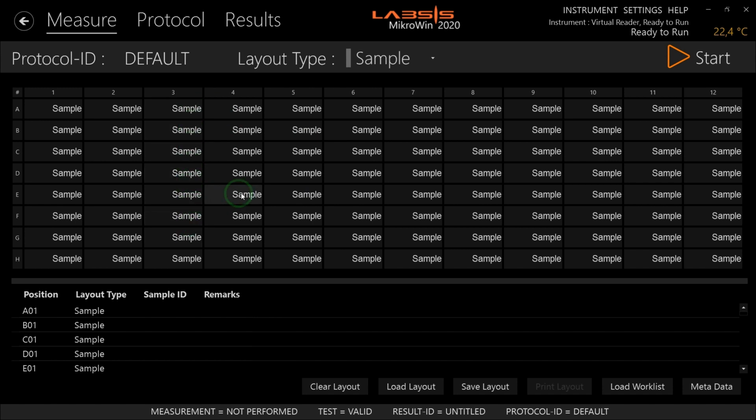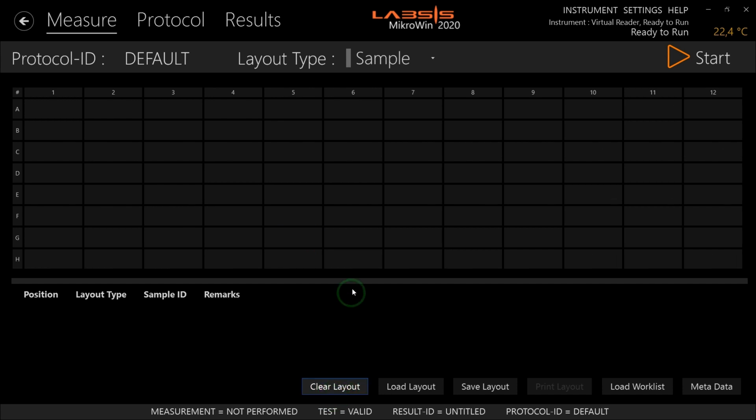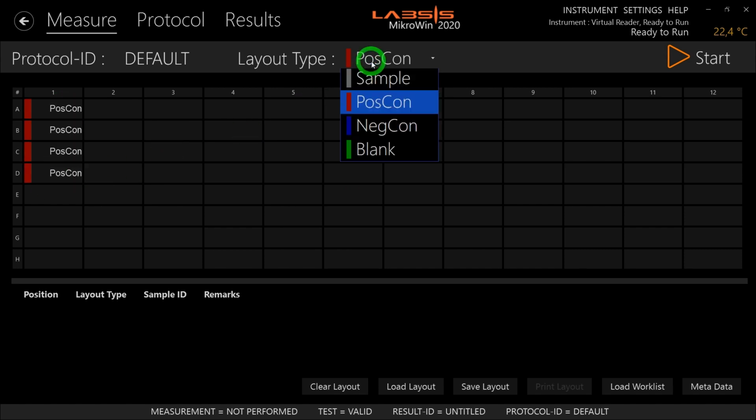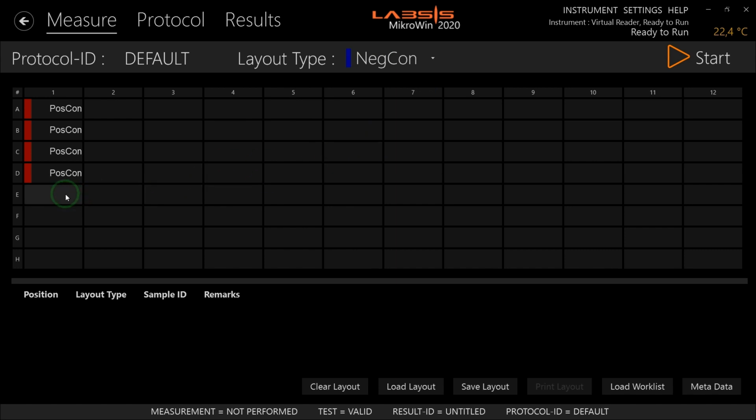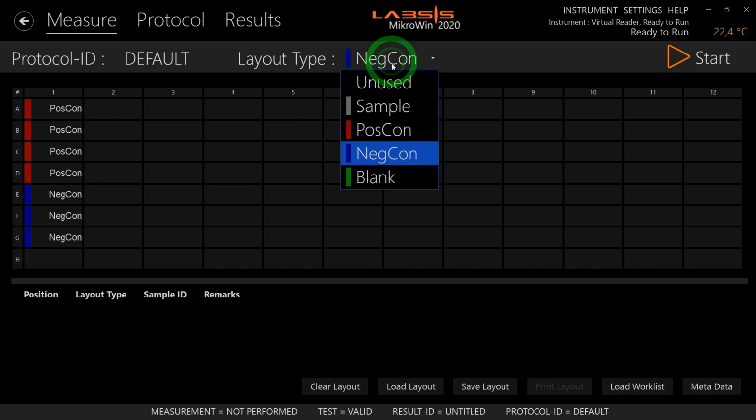For demonstration purposes, we delete the current layout by clicking on the Clear Layout button and create a new layout for a typical ELISA test. To do this, we select the layout type POSCON and select the positions A1 to D1 in the rack. In the same way, we select the types NEGCON and blank and assign these types to positions E1 to G1